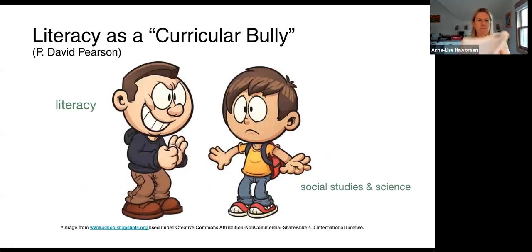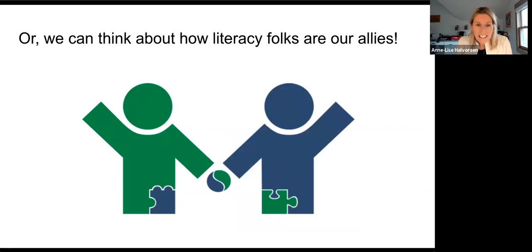So then on the next slide, these next slides I've borrowed from Nell Duke, who is a literacy expert. I work a lot with her, and I'm in social studies, and we get along great. But we can often see in the classroom that literacy can take on a reputation as a curricular bully. Literacy crowds in on the time spent with social studies and science too, because we're talking about social studies today, but I'm sure you all have felt the crunch with science. There's never enough time for science education too. And so that's one way to think about it, that literacy is this curricular bully,